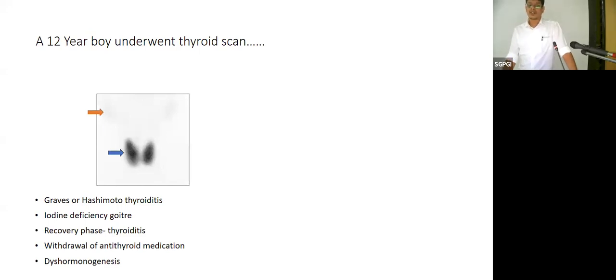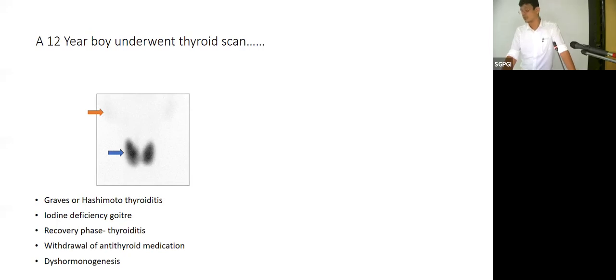So it has a long DD. You cannot interpret anything based on the image. So suppose a child underwent a thyroid scan, a 12-year-old boy, we don't know anything else. You can see only an enlarged thyroid gland, diffuse increased uptake, there is no background. So we have lots of DD. It can be Graves' disease, Hashimoto thyroiditis, iodine deficiency goiter, it may be recovery of thyroiditis, withdrawal of antithyroid medication, or